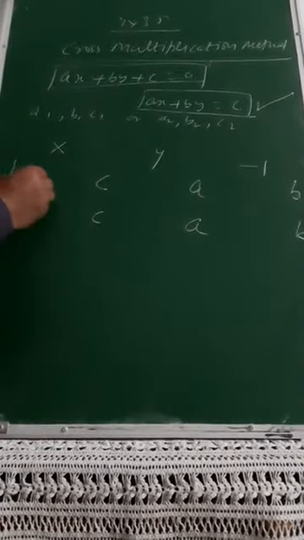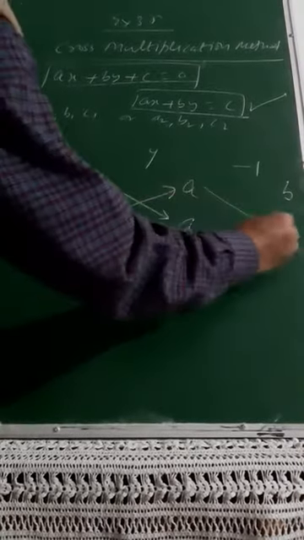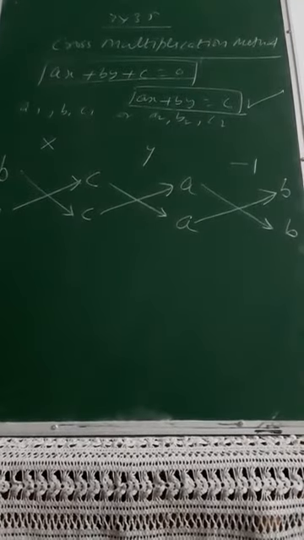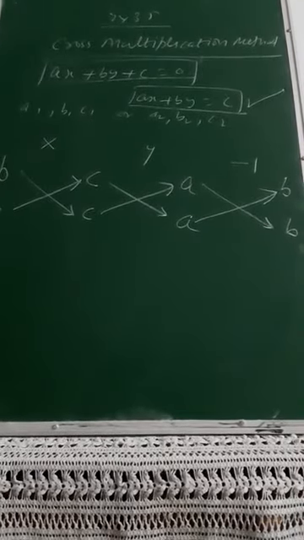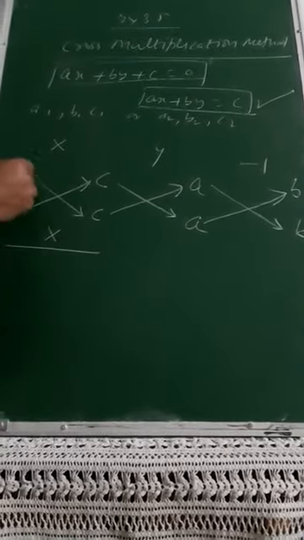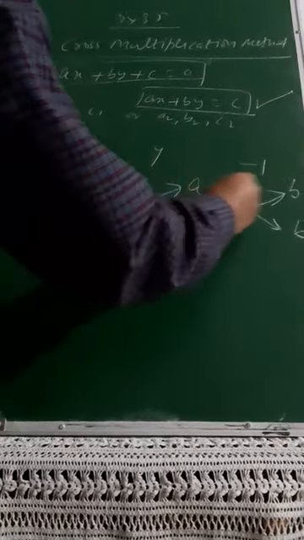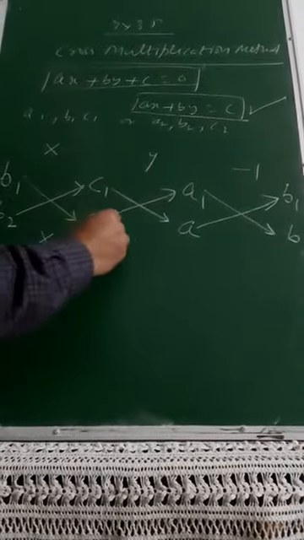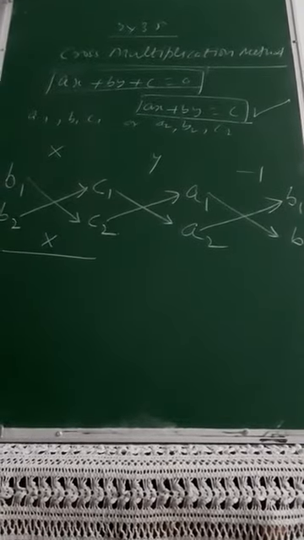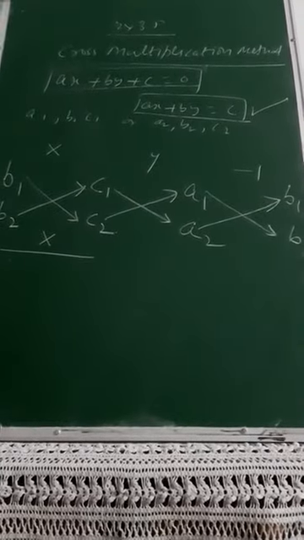Now you have to multiply this with this, and this with this, this with this, and this with this, this with this, and this with this. So this is cross multiplication. That's why this method is known as the cross multiplication method. Now when you are taking the case of x, it is x upon b into c: for the first equation b1, c1, a1, b1, and for the second b2, c2, a2, b2. That's why I said it is very important to write the values, whatever sign they carry, plus or minus. Please be careful about that.